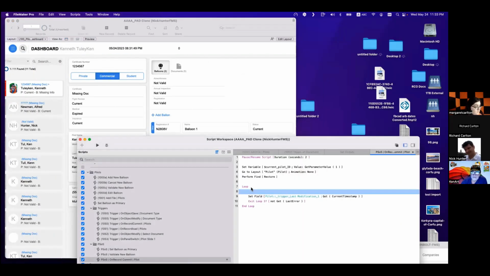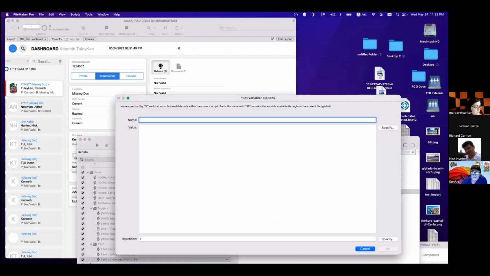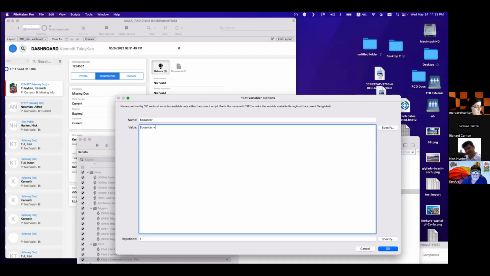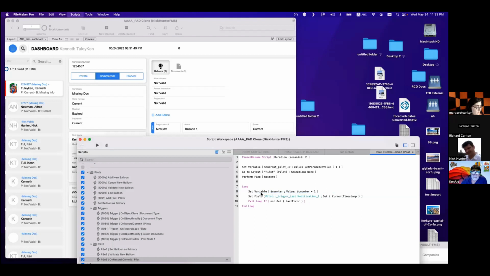You can put a counter here. Okay, counter. And it's counter + 1 each time it tries, right? Okay, and you do this, like this.